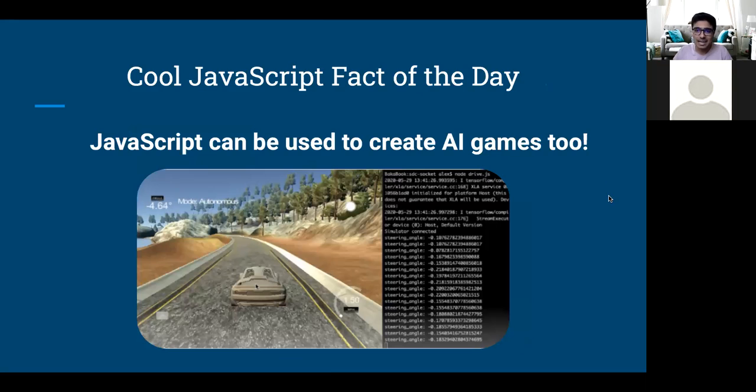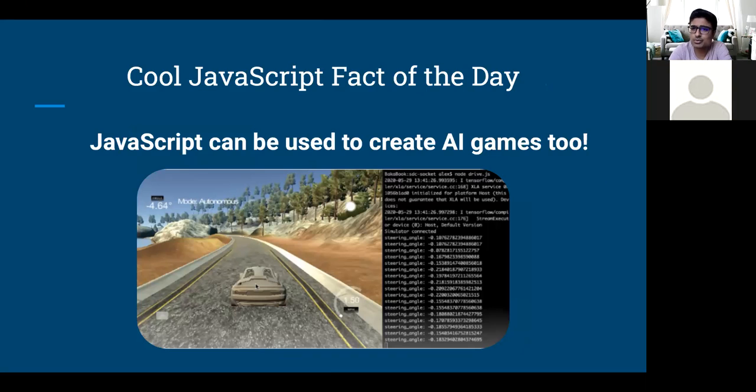All right, so now let's get towards our cool JavaScript fun fact of the day. That being that we can use the programming language of JavaScript to create a game involving artificial intelligence. Okay, let's backtrack and dissect the statement like we always do.